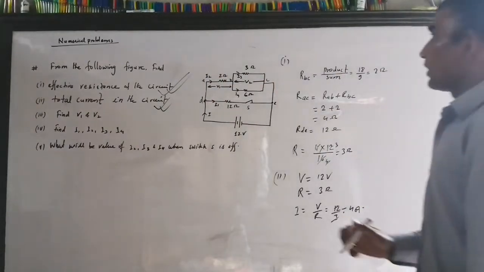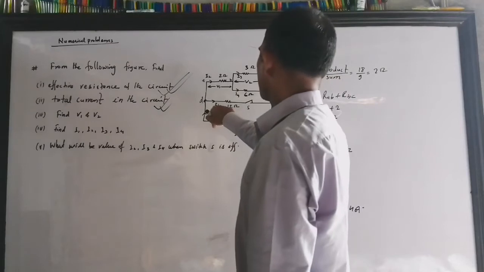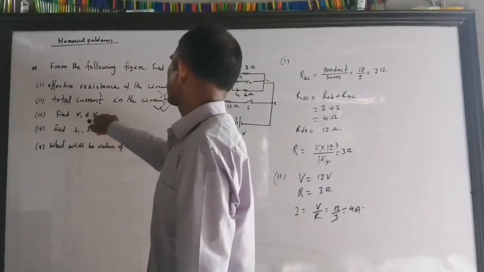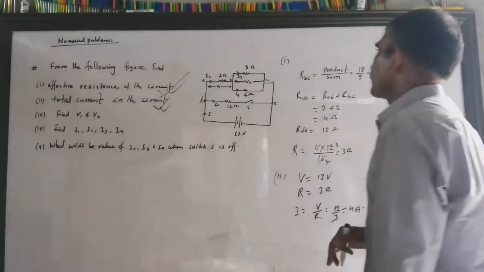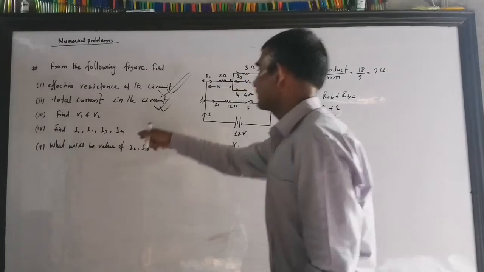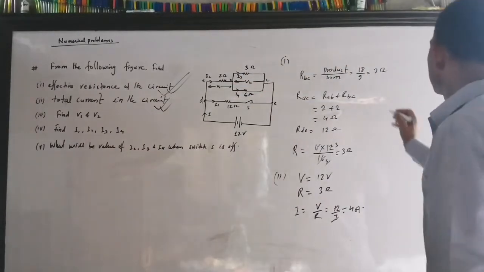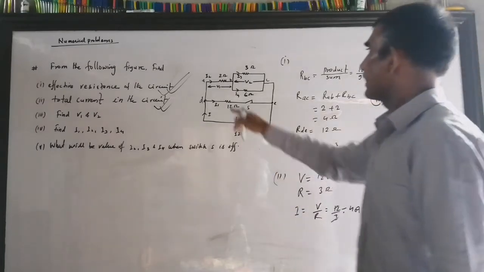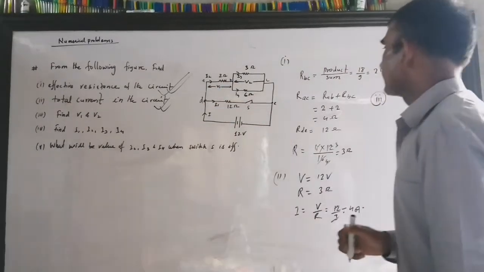Now I have to get the first. Let's find these three, I1, I2, I3. Then it will be easier for us to solve that. Or you can directly solve. Okay, let's solve this question first, otherwise I will tell you why this question is written before that. So the third question is we have to find the voltage across AB.